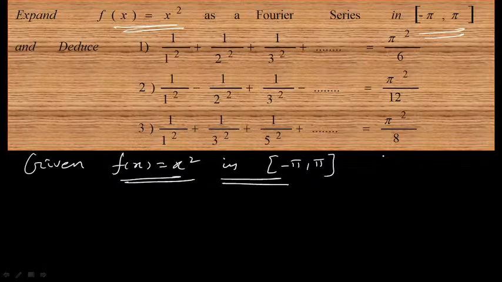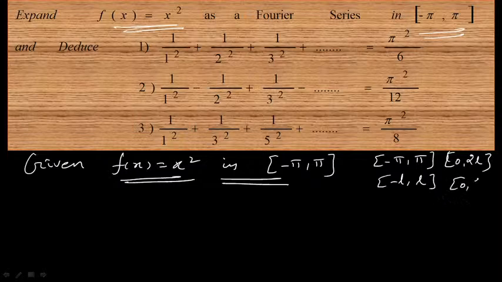As I told you already, the case of odd and even functions arises only for the two intervals minus pi comma pi or minus l comma l, and the case of odd and even doesn't arise for intervals like 0 comma 2l and 0 comma 2 pi. So look at the interval here. This is minus pi comma pi. So definitely we have to check whether the given function is odd or even. Based on that, we have